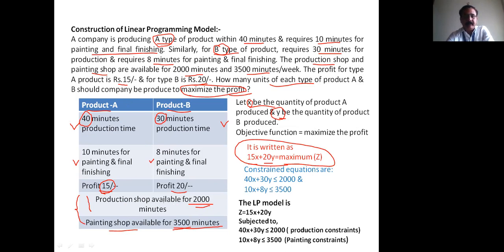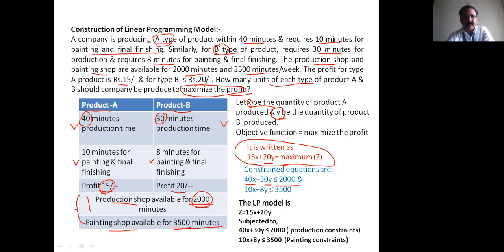The total time available for the production shop is 2000 minutes per week. Therefore, 40 into X, where X is the quantity produced of product A, plus 30 into Y, if it is less than or equal to 2000,